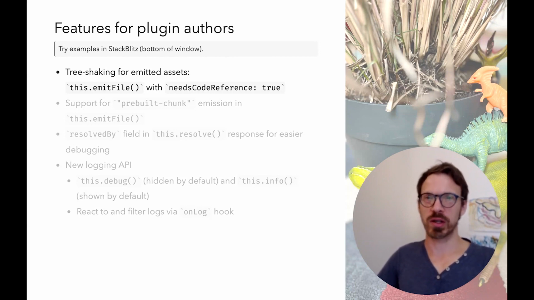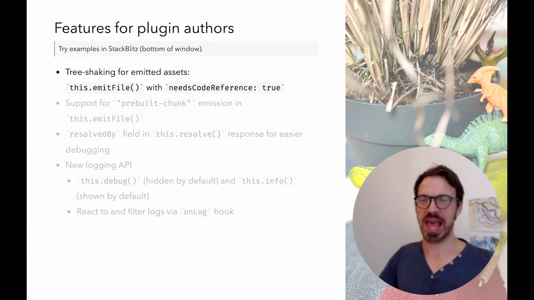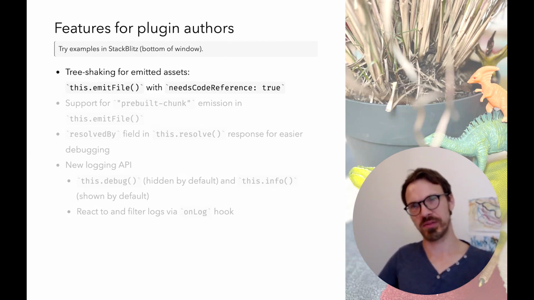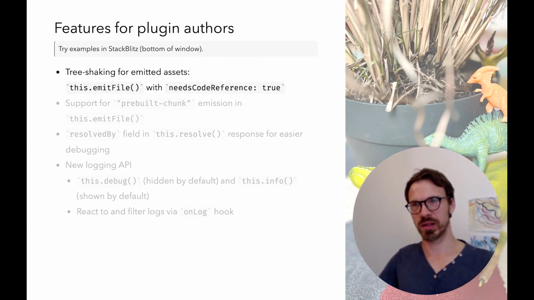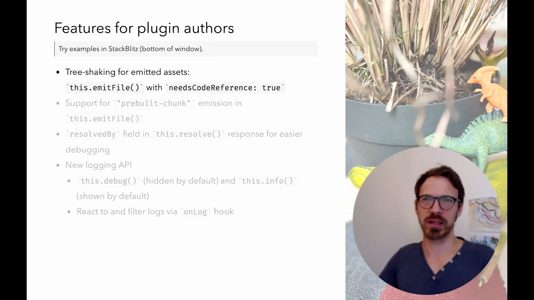So imagine your code is referencing, I don't know, a worker or a file that is to be loaded from disk, and the code referencing it is not included. Previously, emitting a file meant the file was part of the bundle, but now you can add an additional flag needs code reference. And if this flag is added, then an emitted file is only really added to the bundle if there's at least one import.meta.file URL reference in the code that is not removed,